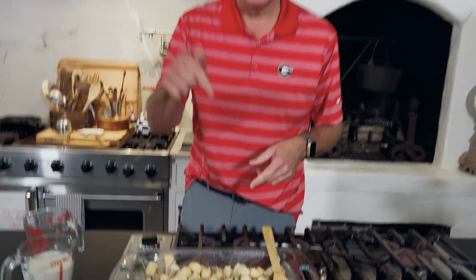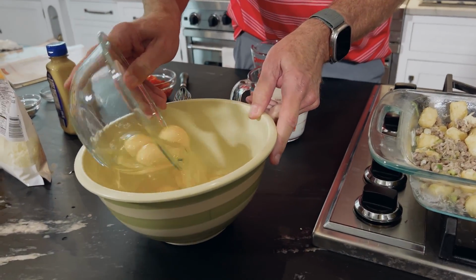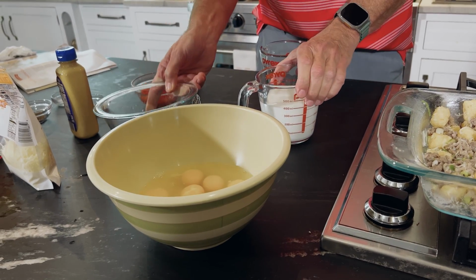I tell y'all what, this is gonna be great on Christmas morning. It's gonna be really good today. I came in hungry. I'm having this for lunch. Okay, this is what I'm gonna do now. I got a big bowl. I'm gonna put my eggs in, a pile of eggs,